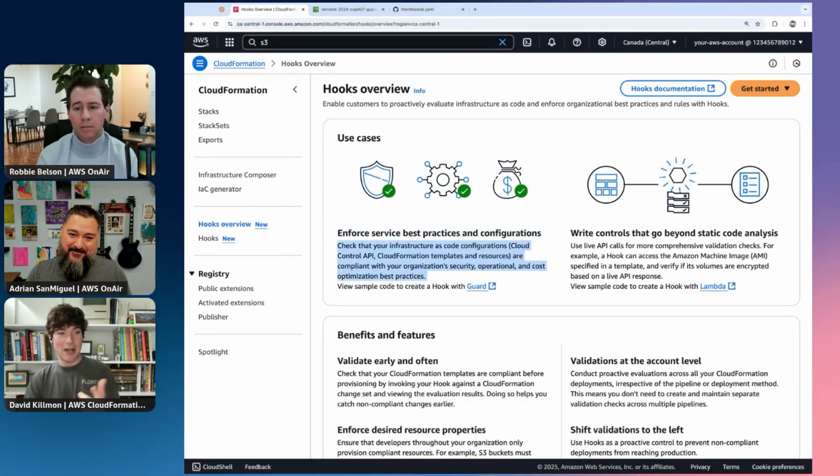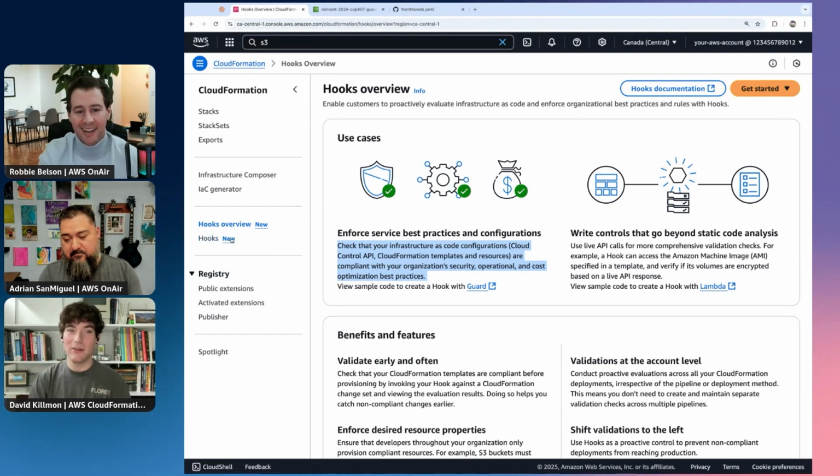So let me actually just spin up a hook right now in my real account, and I'm going to show you what it's like to be protected by the CloudFormation gods via policy as code. Sound good? Let's do it. Okay, let's do it. All right, so I'm in the CloudFormation console now,